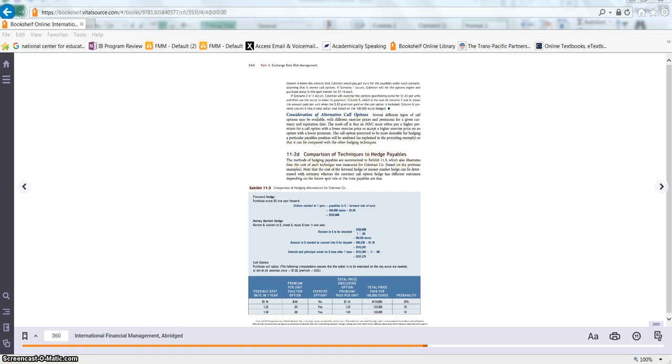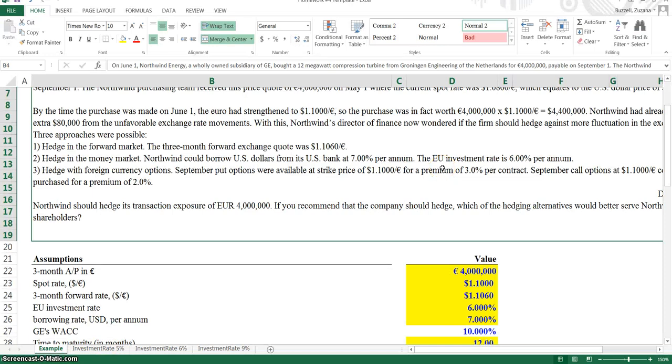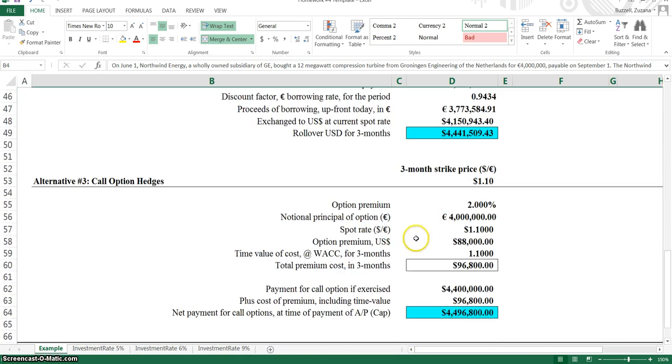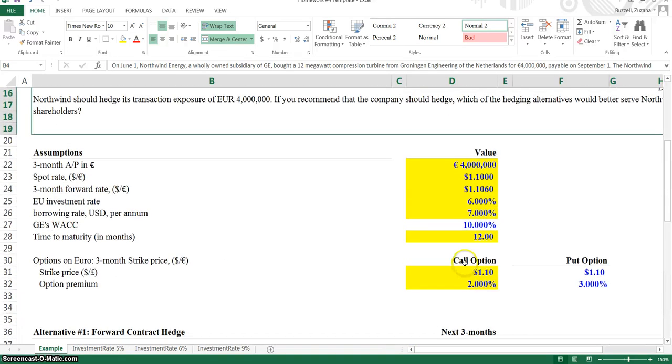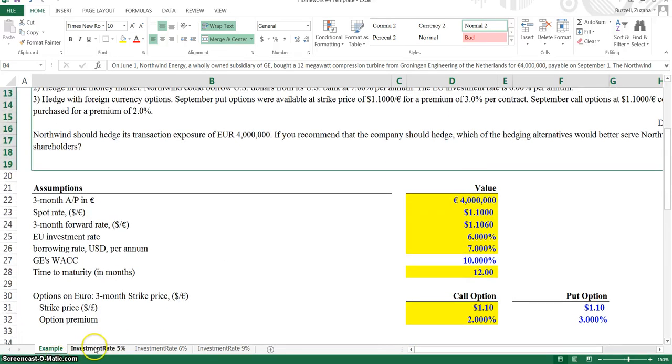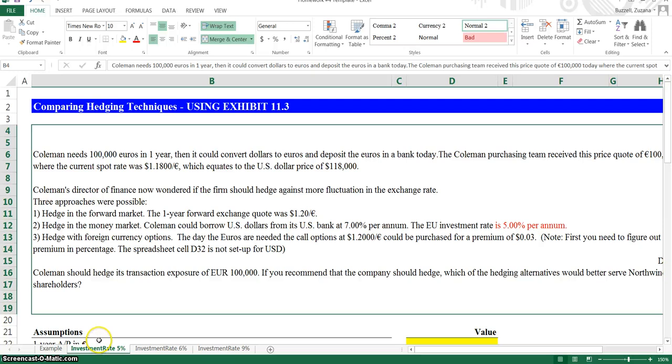Next thing, I have provided you with a spreadsheet that actually has 4 tabs. The first one is an example. That's just showing you how it should look once filled out. And then you have 3 different tabs. One is for 5%. So these are pretty much the tabs that you're going to use in order to calculate